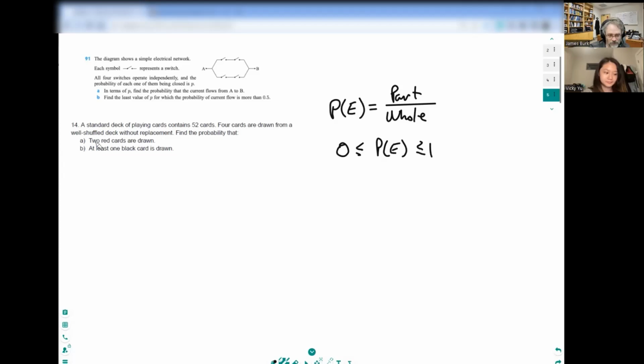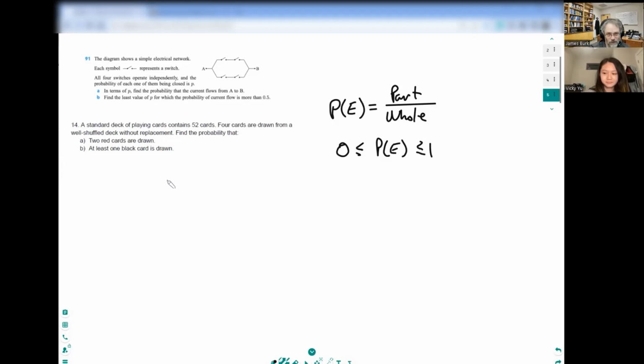Okay. So if I'm looking at a deck of cards and I was going to draw them, if 2 cards are red, what's the probability that this is going to happen? How many red cards are there in the deck of cards? 26. Right. 26 red and 26 black. So I'm going to pick 4 cards. And when I pick the 4 cards, no replacements. I'm not going to take a card and put it back inside the deck. I'm going to take it and lay it on the table.